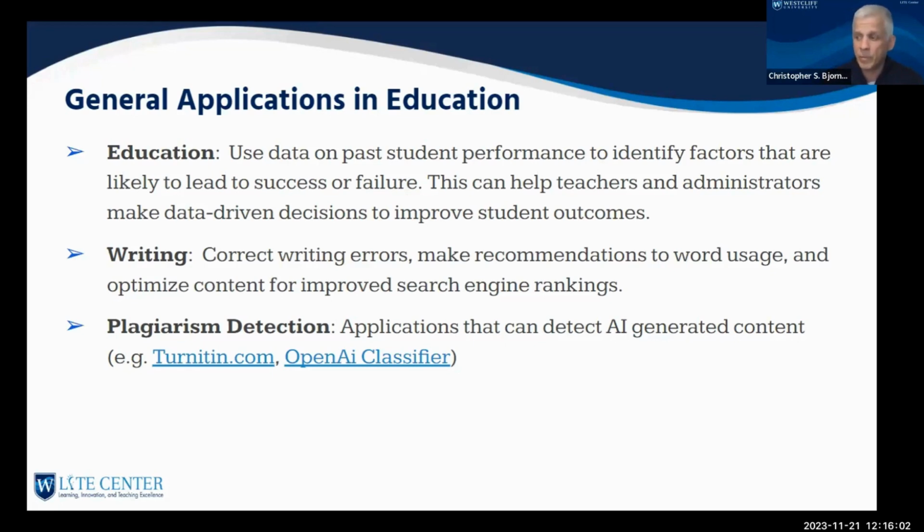I make a note here with OpenAI. They recently discontinued their tool. They found out that it was not very accurate. It was like 20% accurate. And so they ended up discontinuing it. And so I believe Turnitin is probably one of the more popular or most well-known ones that are used now for this detection.